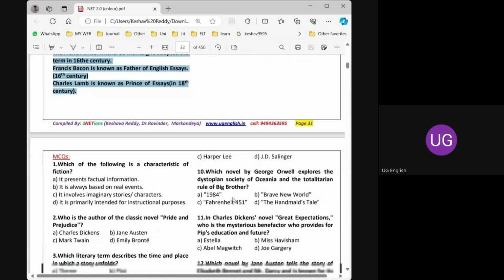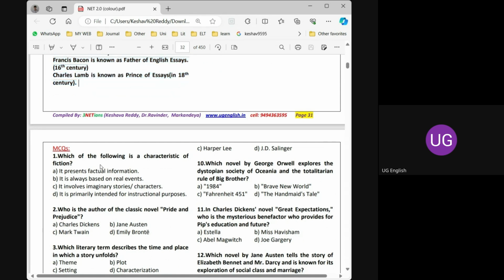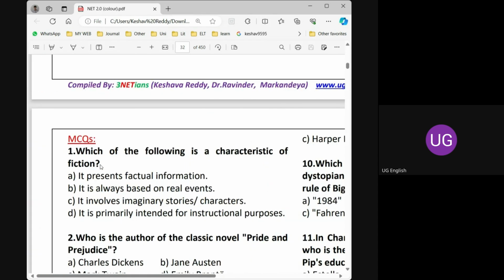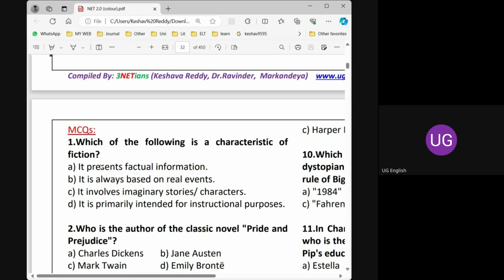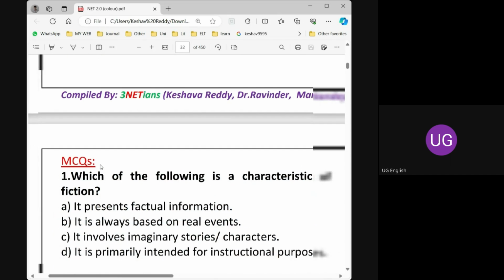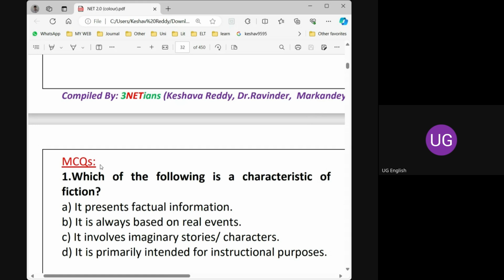So now we have come to a conclusion, and these are a few questions. Please try to answer the questions using the chat box if possible, or if you are able to do this on your own, I can go to the next topic. But the thing is, whenever I give a task, no one is responding. I'm very sorry to say that. Please try to do the task whenever it is assigned to you.